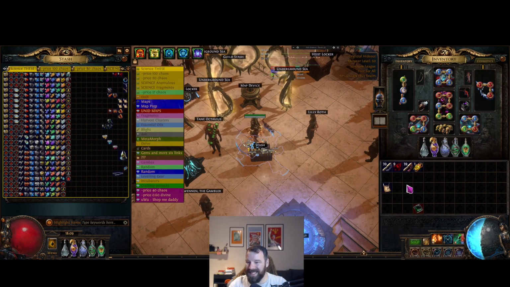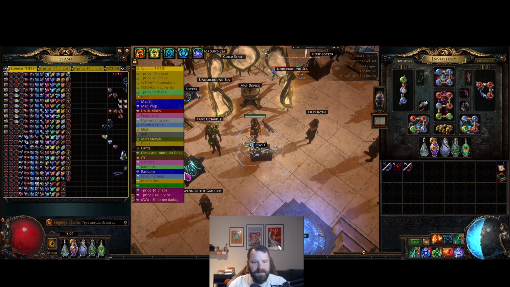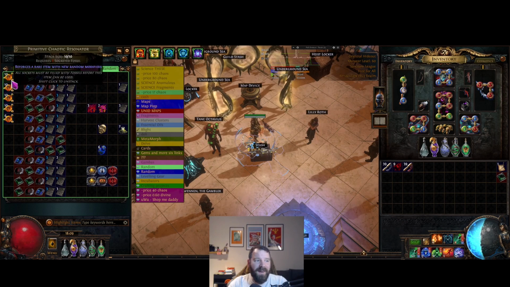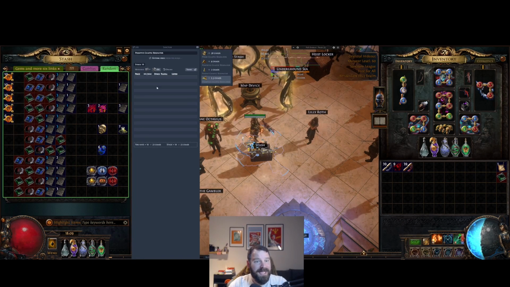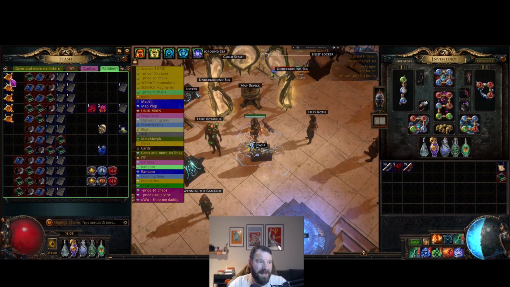Now, there were quite a few things I didn't include in the total here, and I have them in this tab here. So we got another 46 primitive chaotic resonators, and these have gone up in price again. So now it's 1 for 100. So this is half a divine,